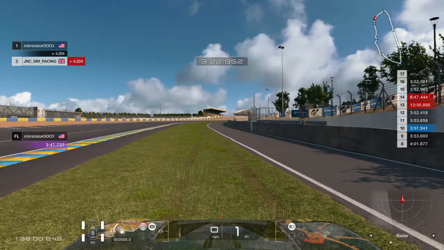So, into rank 2, and your leader is Intimidator, with some pretty consistent results: 2 seconds, a 5th, and a win. So, how did those come about? Well, I know the 580 car here, what they've been doing is just kind of keep...